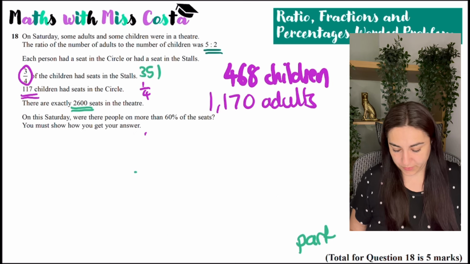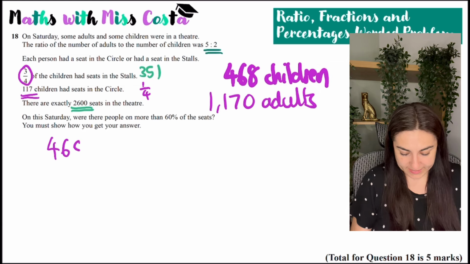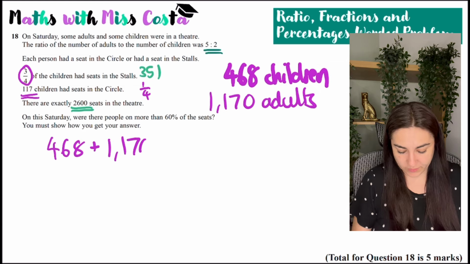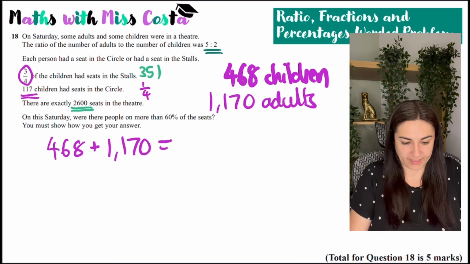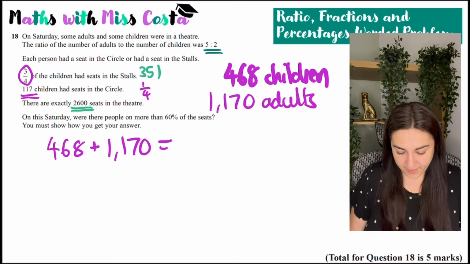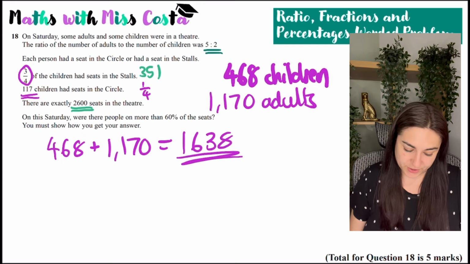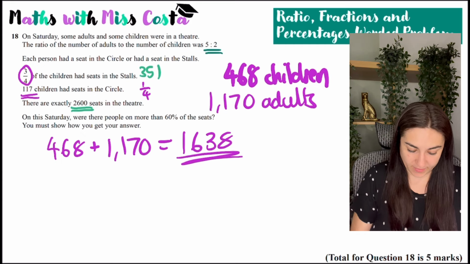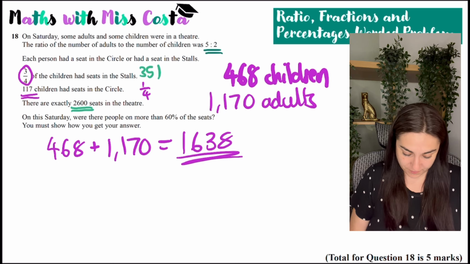Well, in total, I would do 468 plus 1,170, which gives me 1,638. The question says that there are 2,600 seats, and I need to know if there were people on more